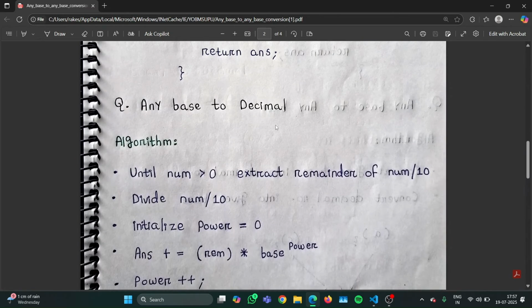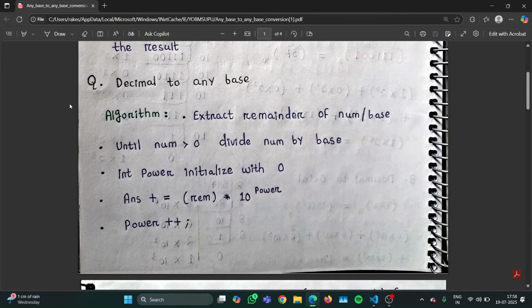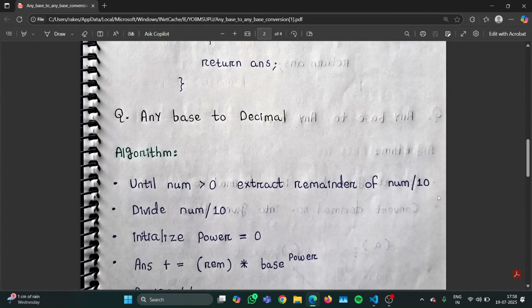Now for any base to decimal, if you remember the previous videos, what we were trying to do was divide the number recursively by 10. Why 10? Because we are trying to convert it back into the decimal number system. So the number that we divide it with is the base of the number system that we are trying to convert it into. If you notice the pattern over here, we were dividing it by the base of the second number system, because we have to convert it into that particular base. And here also we are dividing it with 10 because we need to convert it back into decimal. So that's why we need to